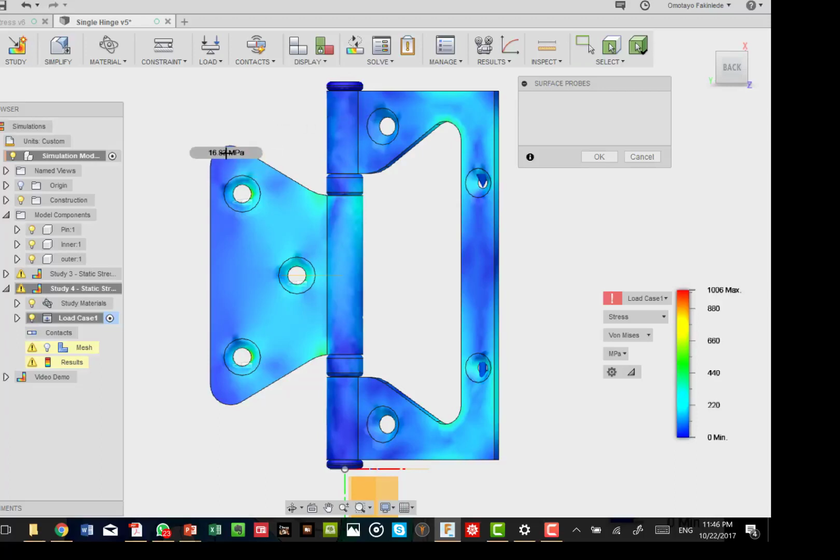For instance, let us look at this edge here. Surface probe here. Surface probe in the middle here. One at this edge here, another one at this edge here. So here, surface probe here, surface probe here, and here. And then let us look at this very serious edge here. And so if I'm happy with those places, or maybe somewhere in the middle here and this point here. Okay, let's put some surface probes on the pin. Let's say one here and one here.